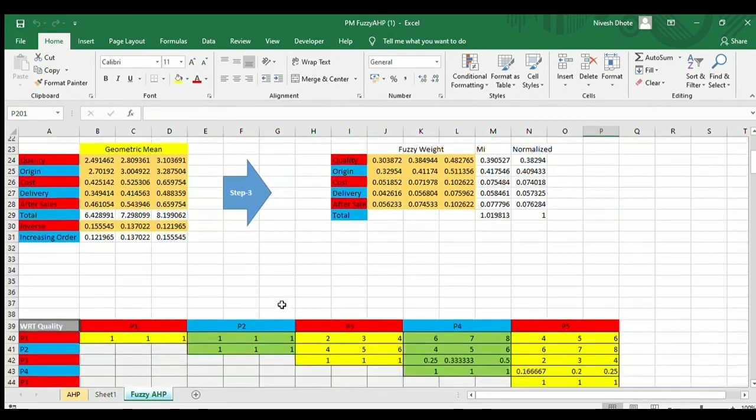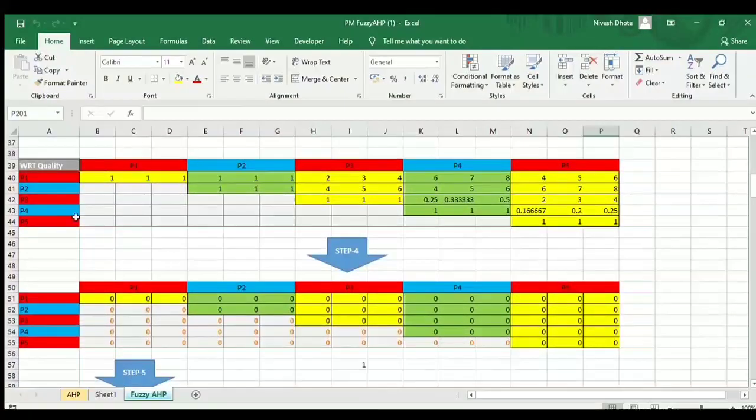After this, we will go to the project part. Now here we have written down all the values within the project with respect to quality. So here we can say quality is equally important in project 1 and project 2 as the value is 1 on 1. But quality in project 1 is weakly more important than the quality in project 3. Similarly, quality in project 4 is more important than the quality in project 3, or we can say quality in project 3 is less important than quality in project 4.